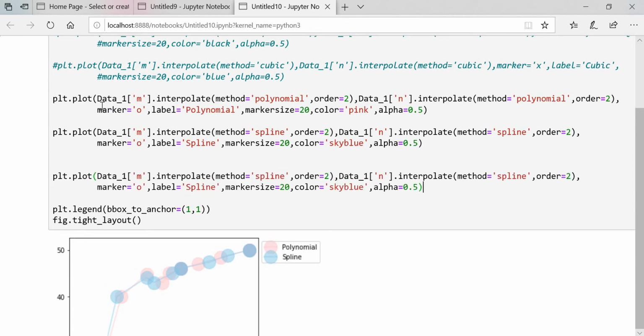The next method we are going to use is piecewise polynomial. I'm going to copy this, and here no need to use this thing guys.